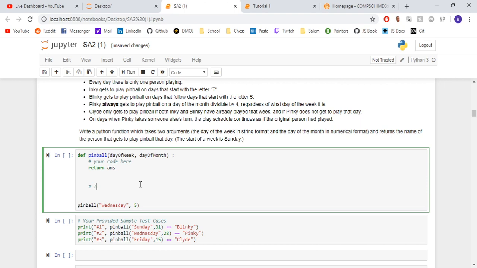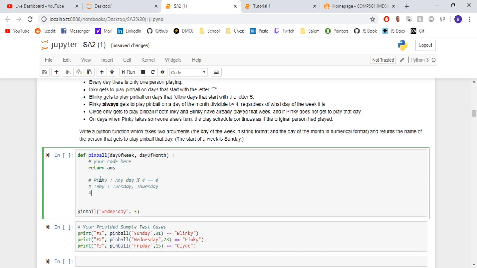So Inky plays on days that start with letter T. Actually, let's start with Pinky because he has priority, right? Pinky, any day divisible by 4, which means mod 4 equals 0, right? Inky, afterwards, he gets priority for Tuesdays and Thursdays. Blinky gets